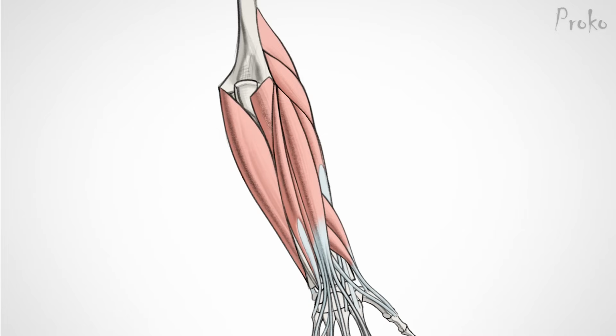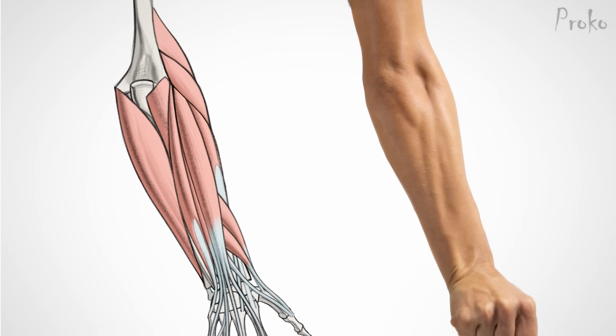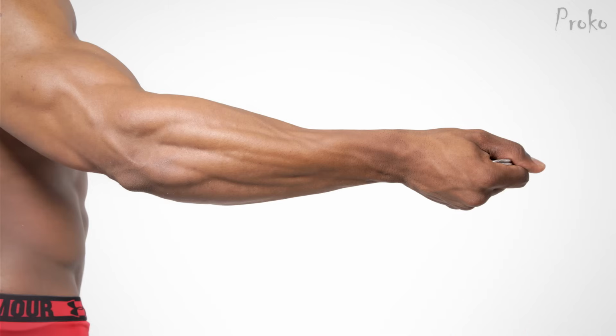Unlike most of the forearm muscles, the extensor carpi ulnaris stays muscular almost its entire length. It's long, narrow, and flat. It sits on top of the ulnar furrow, which separates it from the flexors. Long muscle plus long furrow equals an obvious separation, especially in the middle third of the forearm where the ulnar